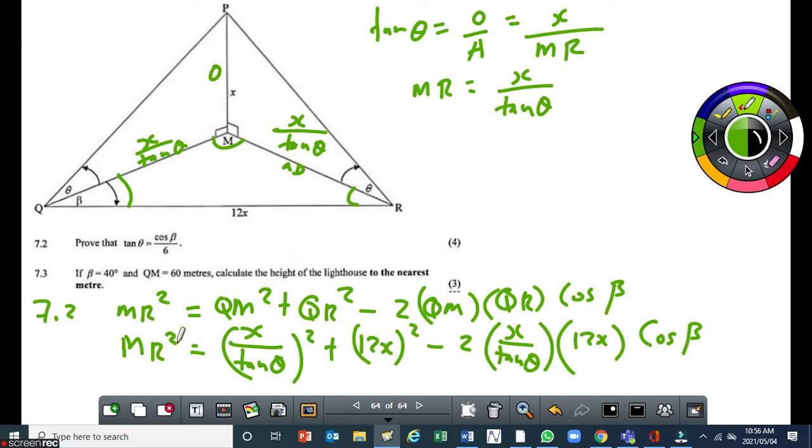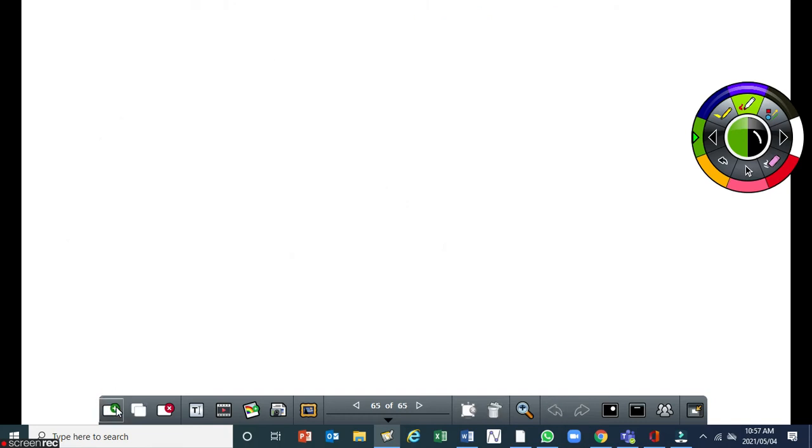Right? So now, for me to cancel out this (x over tan theta) all squared, to make sure that it disappears, I just have to write MR squared in terms of x over tan theta. Okay? So allow me to leave this as it is and let me simplify all the other parts. So I'm moving on to the next page. My next page, I'm going to say MR squared is equal to x squared over tan squared theta plus